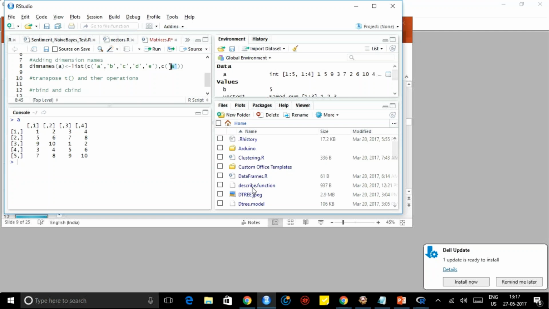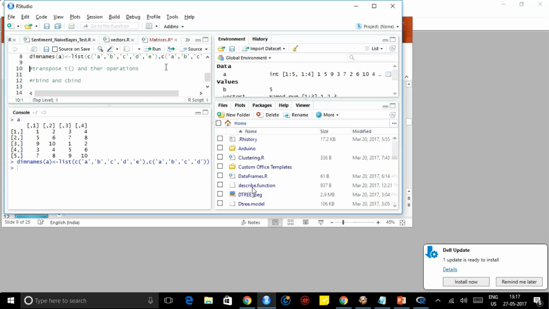So ours was a 5 cross 4 matrix, right? The reason why I am taking the effort to show the simple things is that the simple things will be used when we go to machine learning. At that time, when we do this, we'll be like, what is happening? So that's why this will be. Now, if we